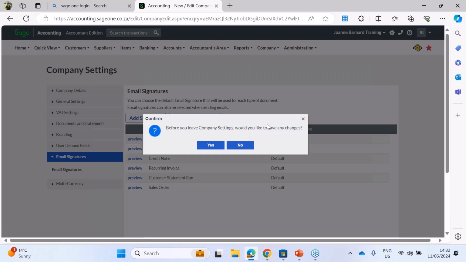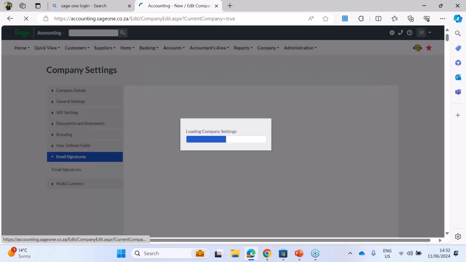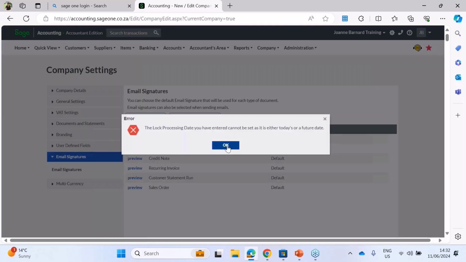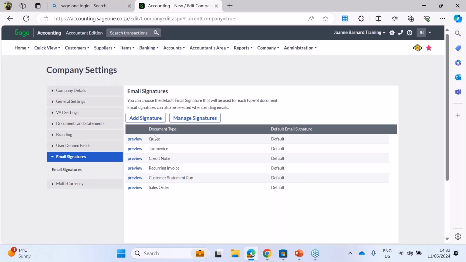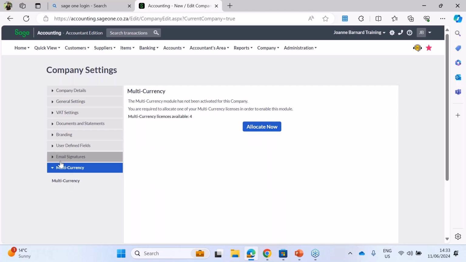It does tell you before leaving, please save any changes. Would you like to save any changes? We can say yes. And then you will see that it'll take you to your email signatures, for example, and then you can preview them. At this point, it's all set to default, but this is specifically if you want to send specific messages based on the various options. Then if you have add-on modules, this is where you'll see your add-on modules, for example,